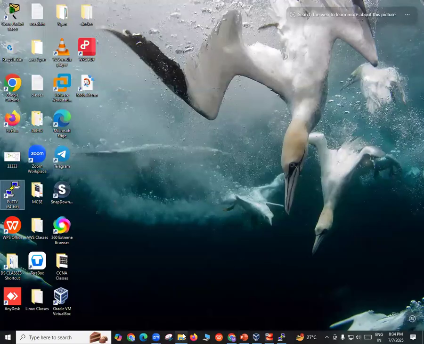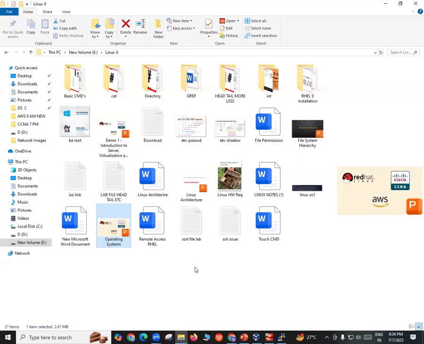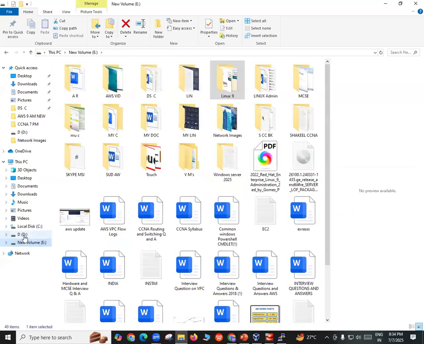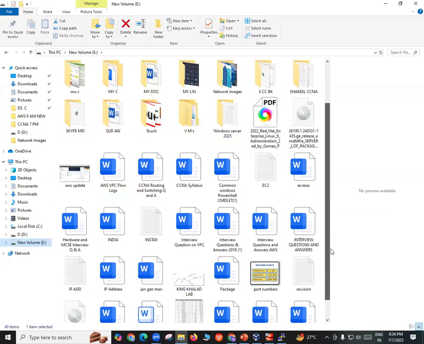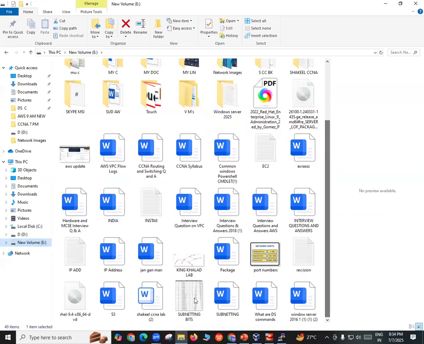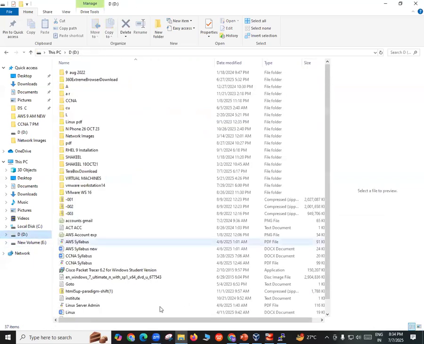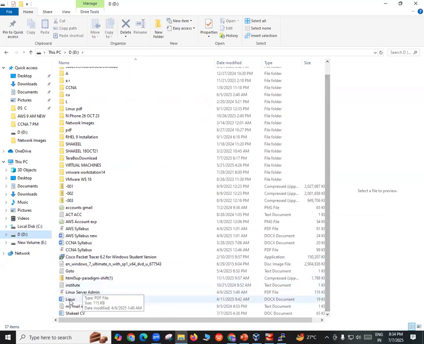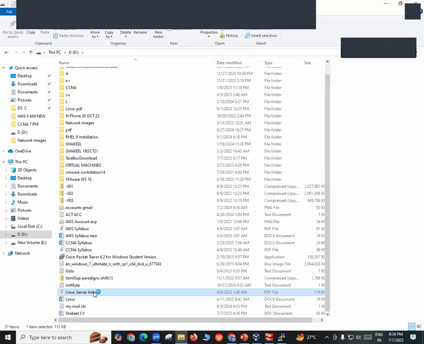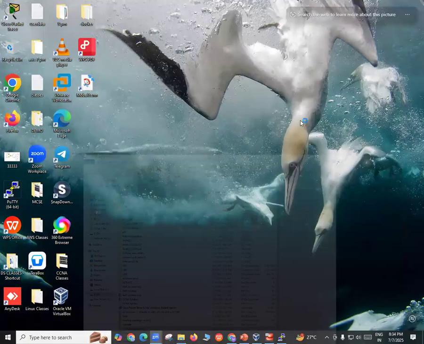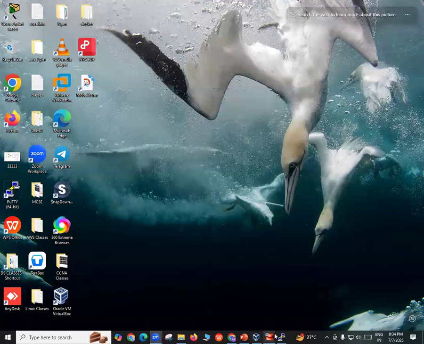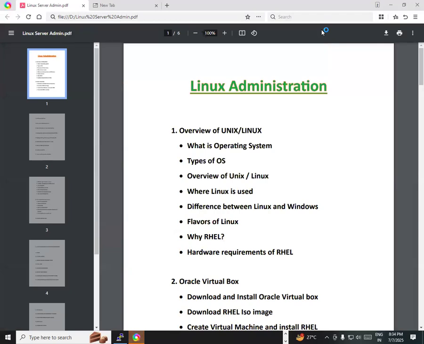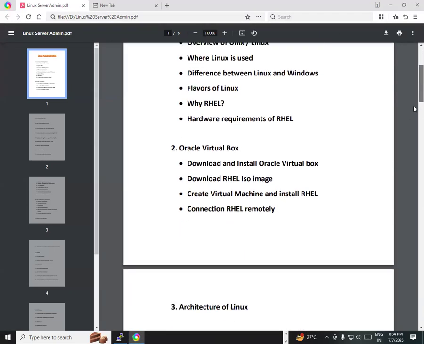Okay, let me do one thing, friends. Why worry? Let's go and check the curriculum, the Linux Server Administration curriculum, where it shows you clearly what we are going to learn. All right, so this is what we are going to learn in the Linux Server Administration, friends. Let us wait a few more seconds before it comes up. See, we are starting with all the basics and everything.